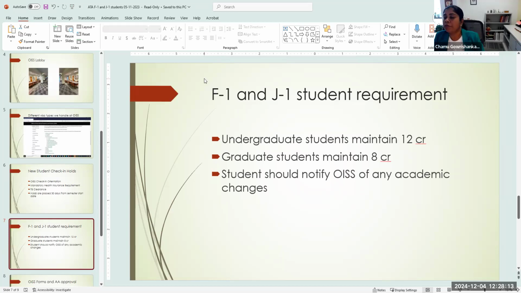That's why our office needs to know if that comes up, and then we can work with the provost office to see what other options can be done. And if we know prior to the semester start date, it will be really helpful, so the provost office can provide some other options for these students.